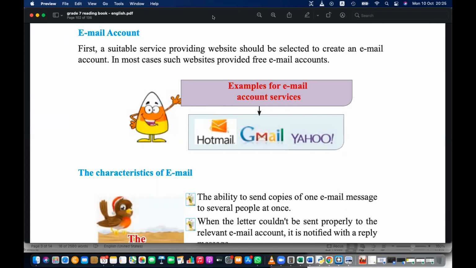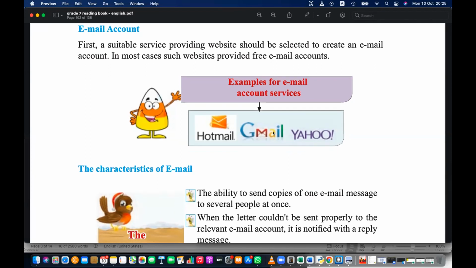So emails are super faster than our snail mail system. An email reaches you anywhere when you open your inbox, when you log into a computer, laptop, tab, mobile phone, anything. It's not reaching a physical address, so it does not depend on the physical address. The only issue is you cannot send parcels using emails. That is the only issue.